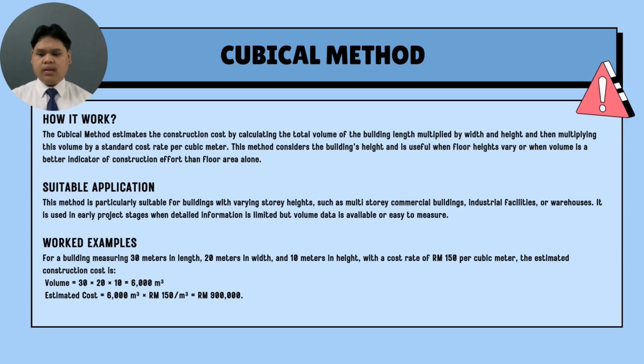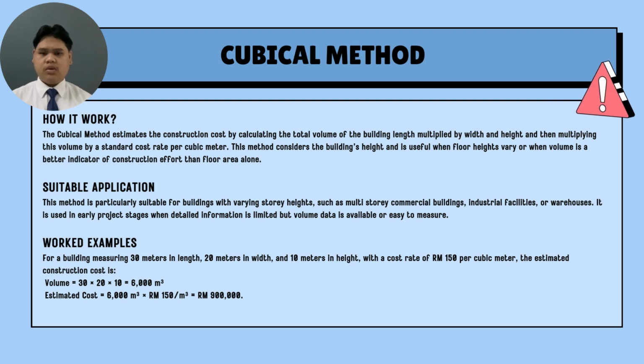This method is particularly suitable for buildings with varying storey height, such as multi-storey commercial buildings, industrial facilities, or warehouses. It is used in early project stage when detailed information is limited but volume data is available or easy to measure. For a building measuring 30 meters in length, 20 meters in width, and 10 meters in height, with a cost rate of 150 ringgit per cubic meter, the estimated construction cost is volume equal 30 times 20 times 10